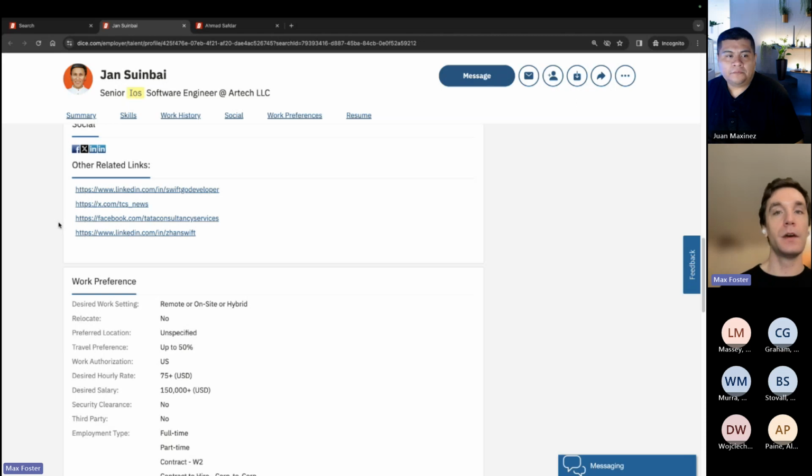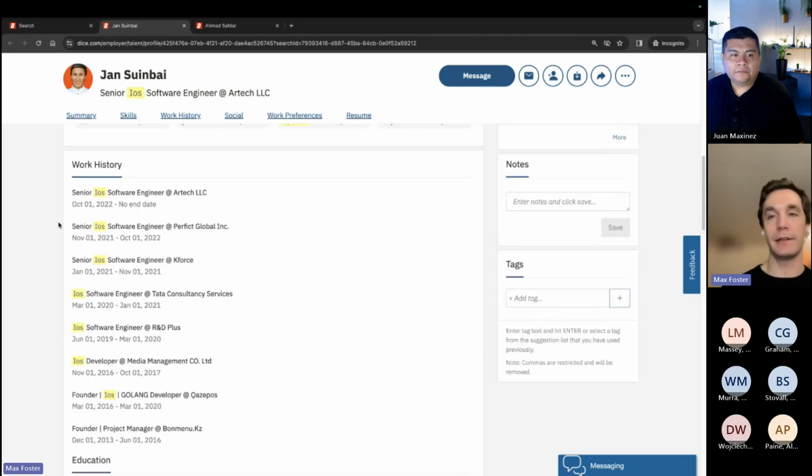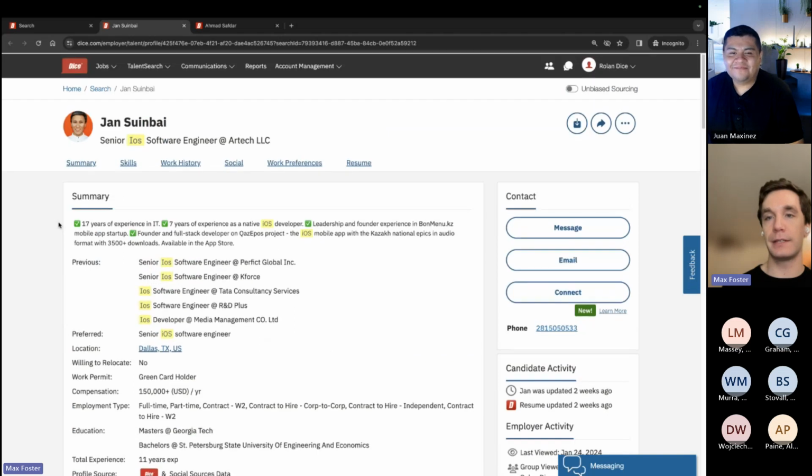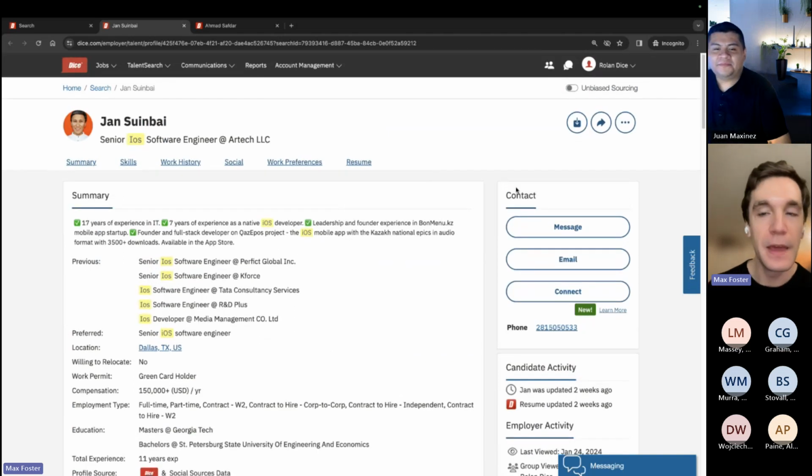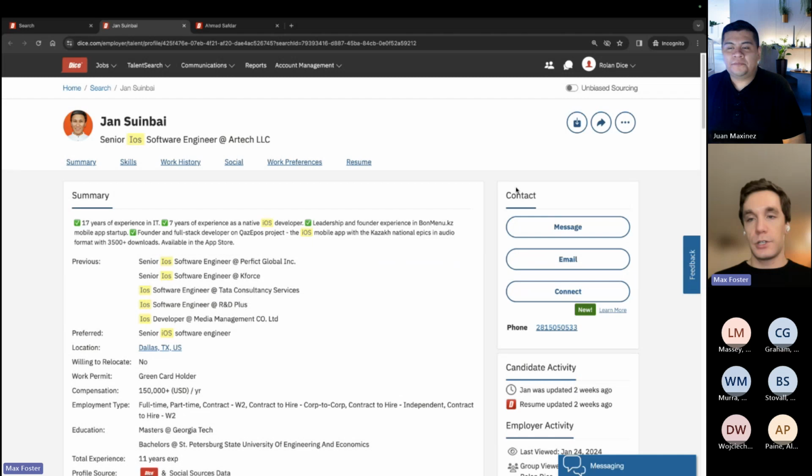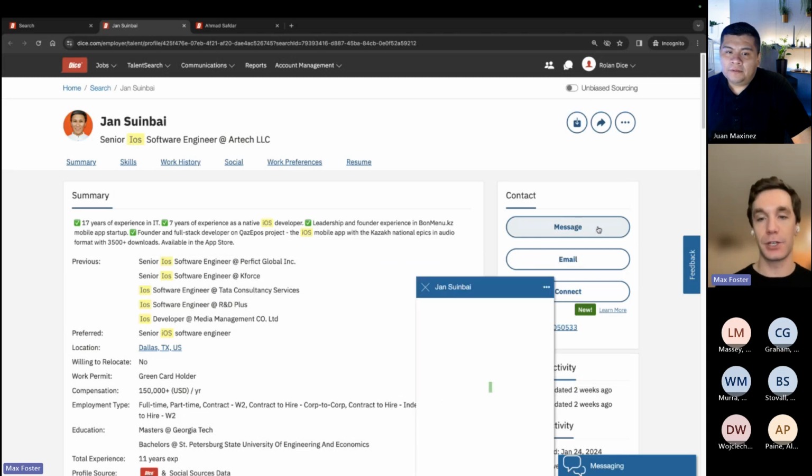Speaking of getting in contact, we have all of these lovely buttons here at the top right-hand side. We understand that getting a hold of tech candidates can be quite the challenge, and so we've now implemented quite a few new methods for you to get a hold of the tech candidate. One of the best ways, if you haven't used this, is going to be the Dice message function.